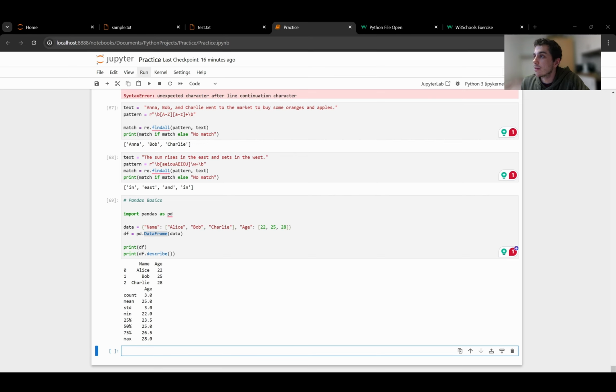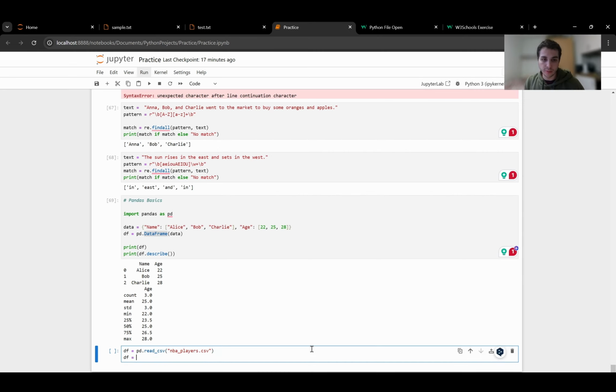And in my case, for example, we can have a CSV file that has like a list of, I don't know, NBA players, and that's CSV of course,